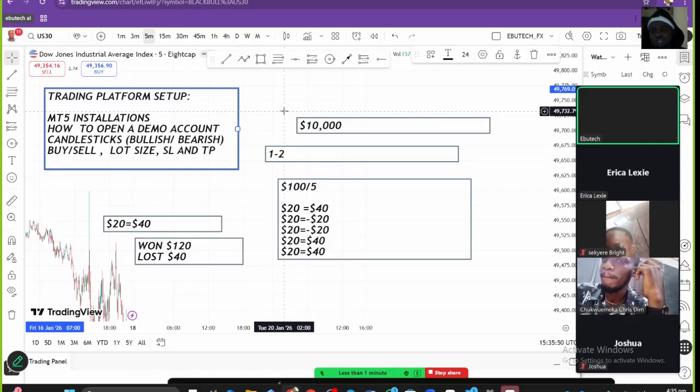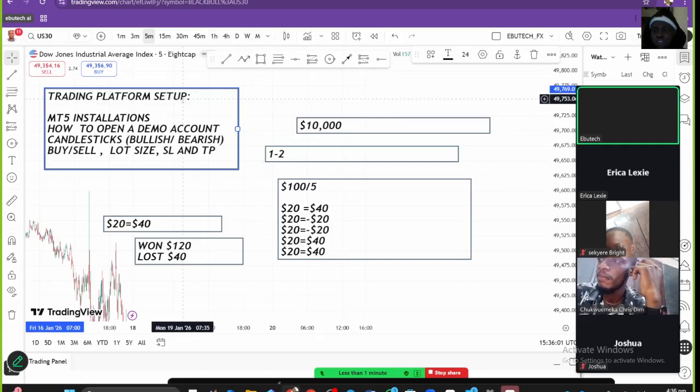Do a backtest from monthly, weekly, daily, 4 hours, to 1 hour. Just keep backtesting for the week. This is your assignment: backtest the US30 market. Know where the market goes up. Know the key levels. I've talked about all this. Mark out the key levels. Mark out the resistance. Mark out the support. So that on Saturday we will now